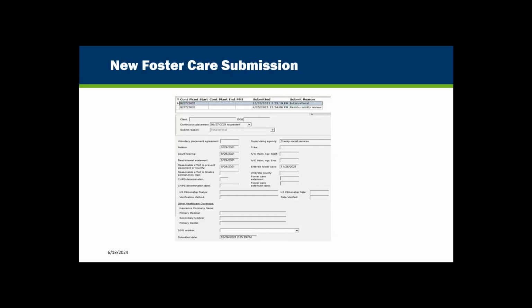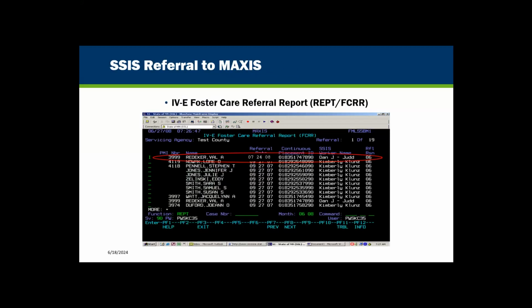Okay, if that summary screen or that submission screen looks accurate, you simply go to the action menu and submit it to Maxis. This happens real time. There's not a batch job that has to run or an overnight anything. It happens real time. So within a couple of minutes, the eligibility workers on the Maxis